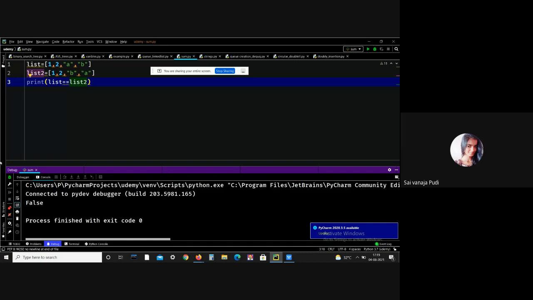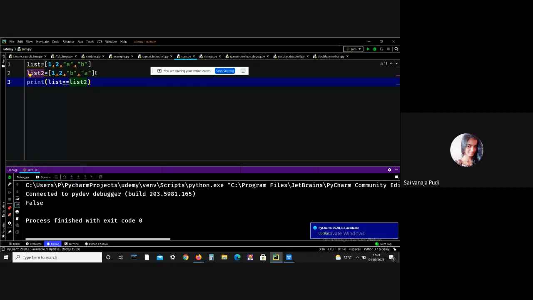See here, we got the output false because list 1 has elements 1, 2, a and b. Even though list 2 also has 1, 2, b, a, it is not ordered. So that's why we got false.